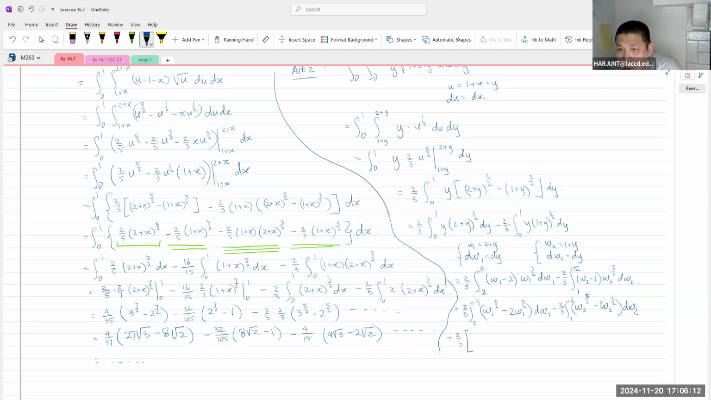And then that's 2 over 7 w1 to the power of 7 halves minus 4/5 w1 to the 5 halves from 2 to 3, minus 2/3 times 2 over 7 w2 to the power of 7 halves minus 2/5 w2 to the power of 5 halves from 1 to 2. Okay,